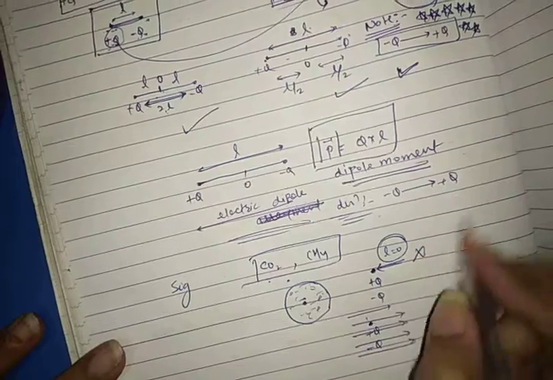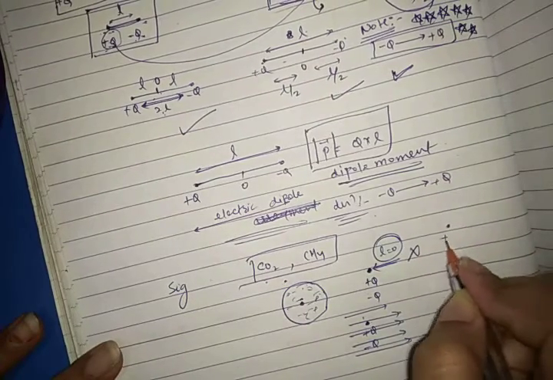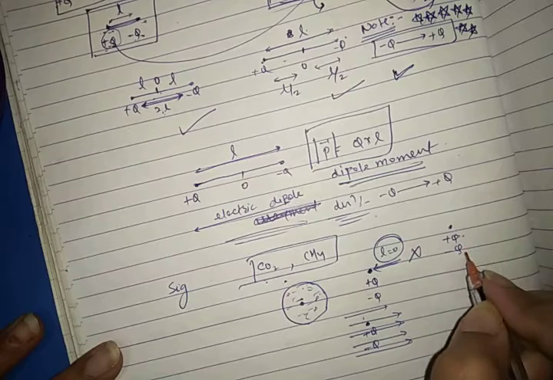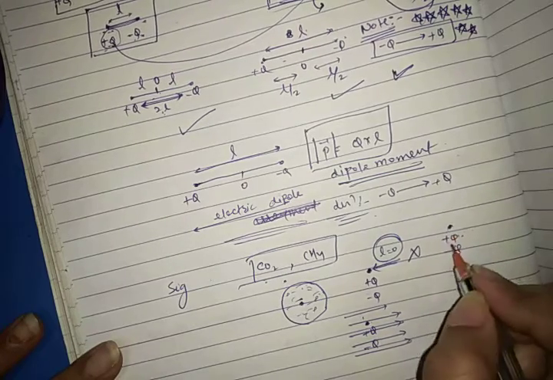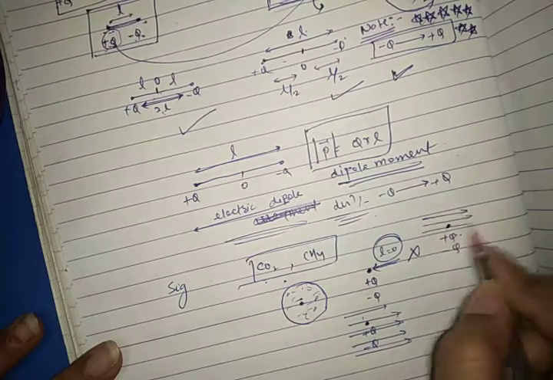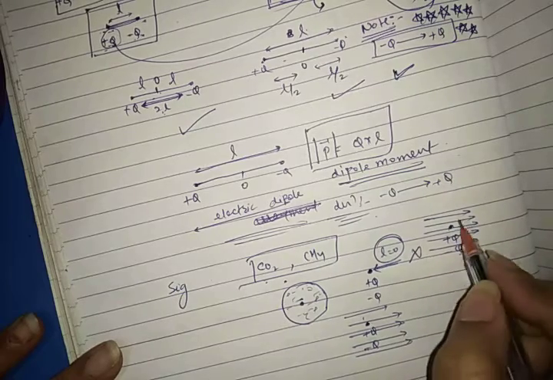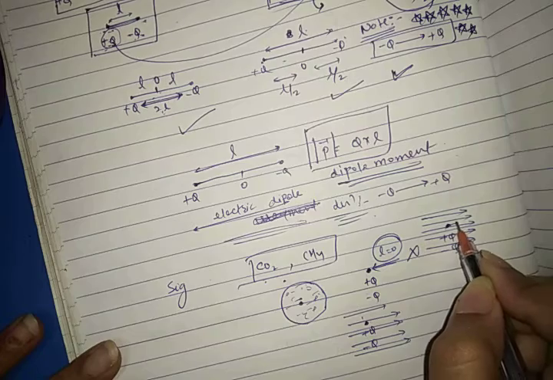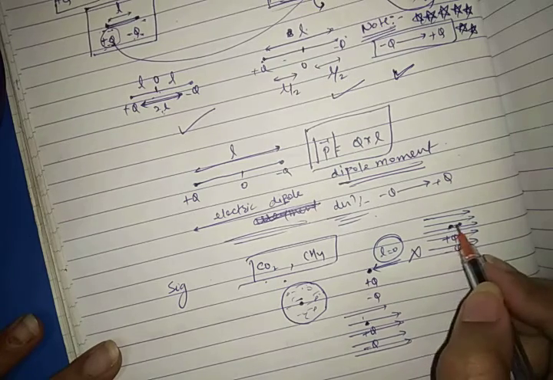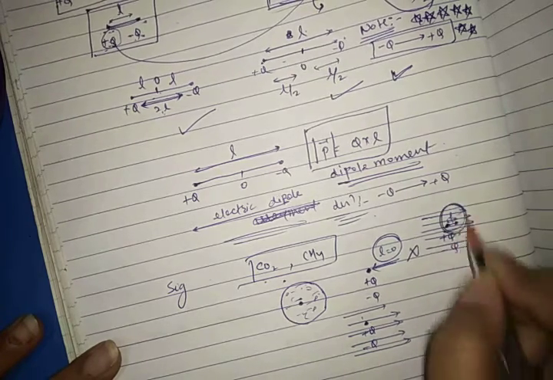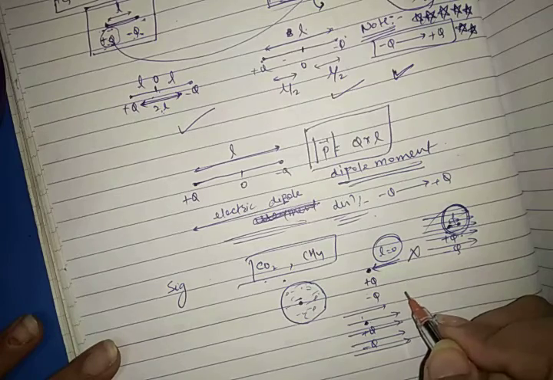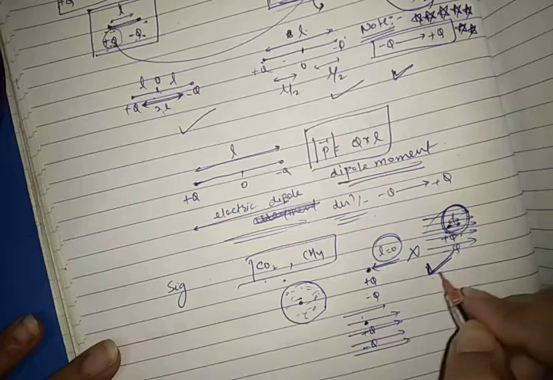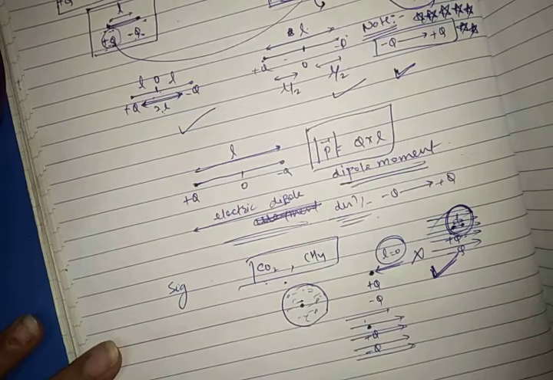Okay, when there is no external electric field, the centers of the plus charge and minus charge coincide with each other. But when the external electric field comes, their center points get displaced by some extent, and this distance is very, very small. So this kind of arrangement is known as an electric dipole. So the electric dipole is generated because of what? Because of the electric field lines, and as